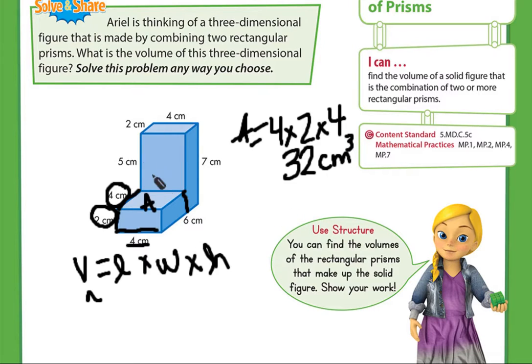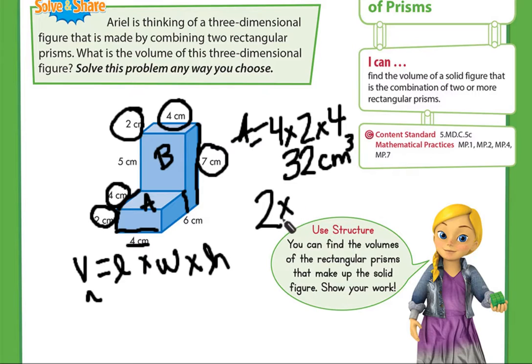Now, I have to still do rectangular prism B. So I need to find my length, my width, and my height. So my width right now, if I'm looking at this, it's definitely 2 centimeters. And then this is my length, still 4 centimeters. It's the same as the bottom one. And then my height, because looking at where I cut it off, this whole line is the height of rectangular prism B. So it's 7. So now I'm going to multiply that. So 2 times 4 times 7. 2 times 4 is 8. 8 times 7 is 56